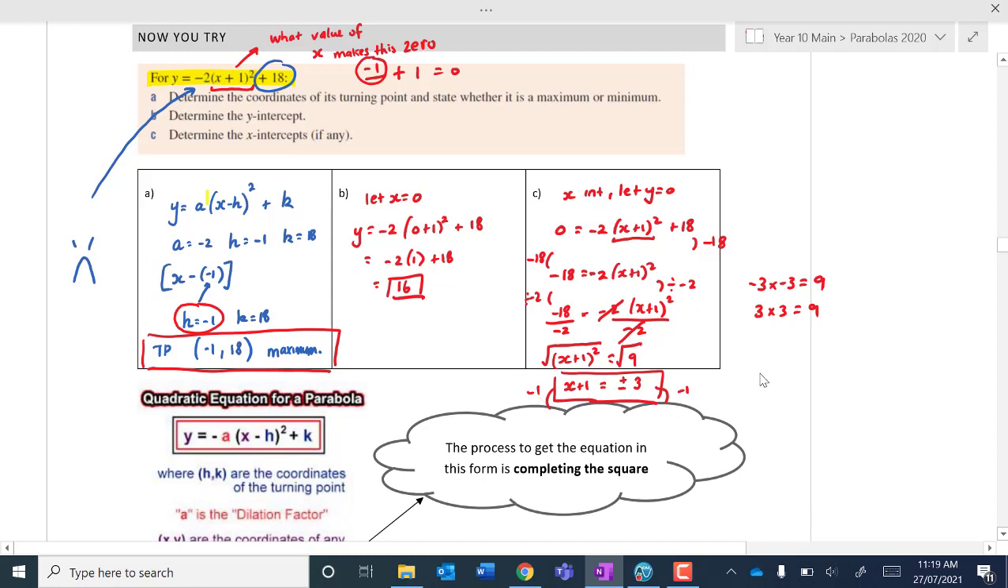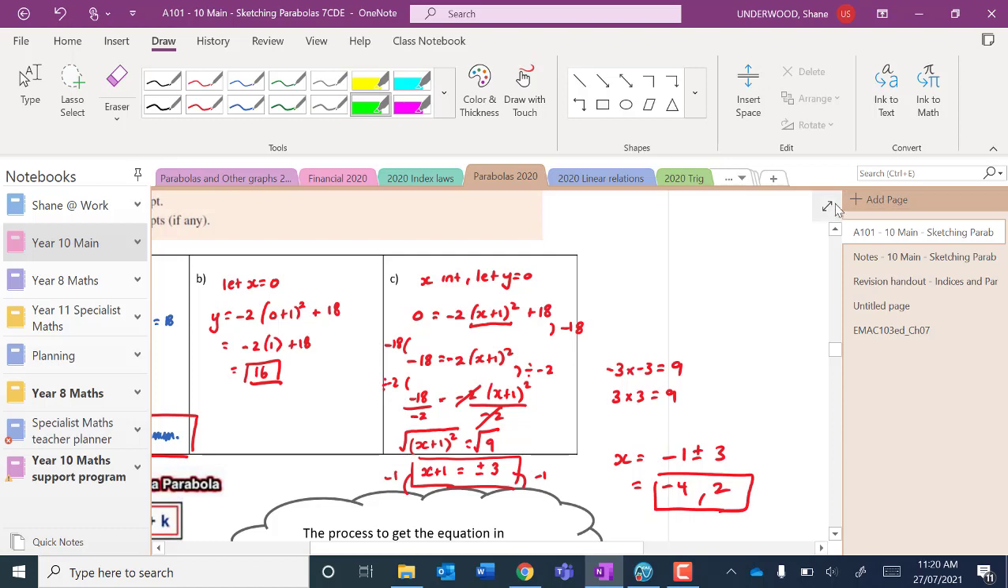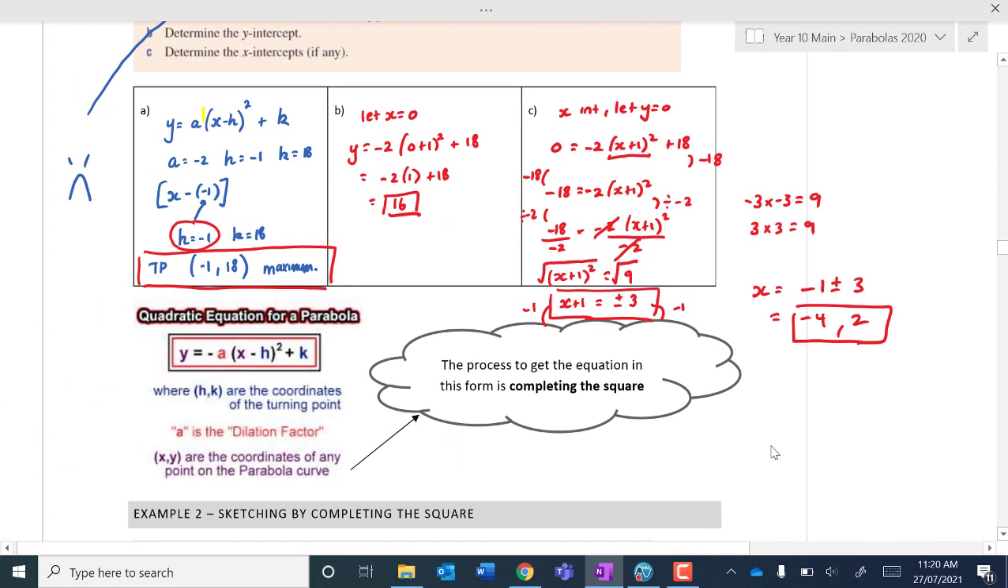That gives us x is equal to -1 plus or minus 3, which we wouldn't leave like that because we can get an exact value. -1 minus 3 is -4, and -1 plus 3 is 2, and there's my two solutions. Now, with that in mind, let's keep in mind we've found the turning point, which is a maximum at -1 and 18. We've got a y-intercept at 16, and we've got two x-intercepts at 2 and -4. And if I was to go ahead and sketch those now,